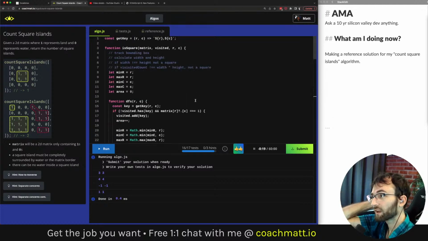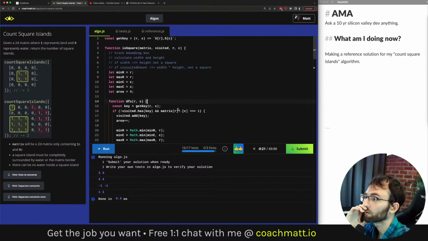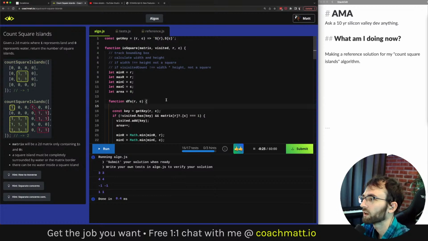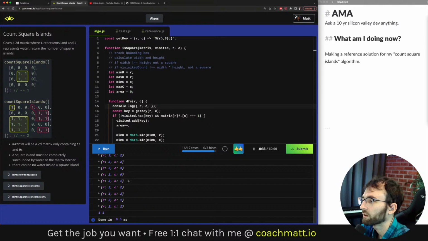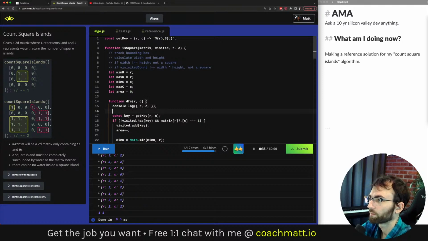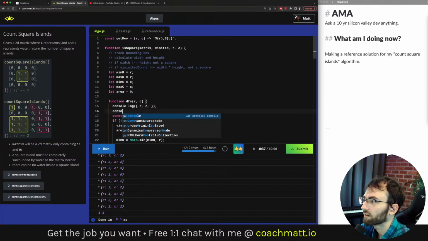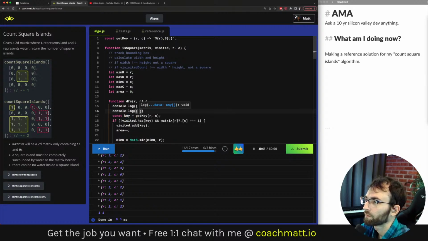And another thing that I did too, here in this depth first search, I forget exactly where I had this, but if we want to track the row and column, we can do this. The old-fashioned longhand would be something like row, and then col.